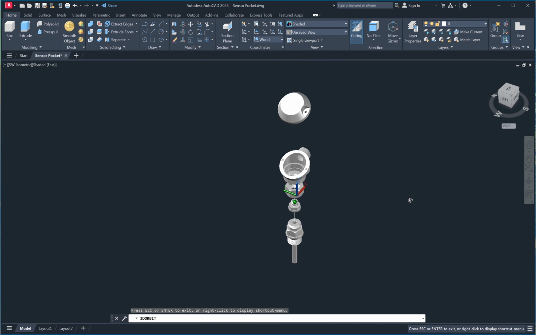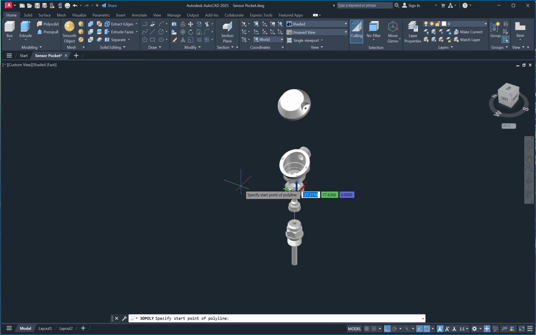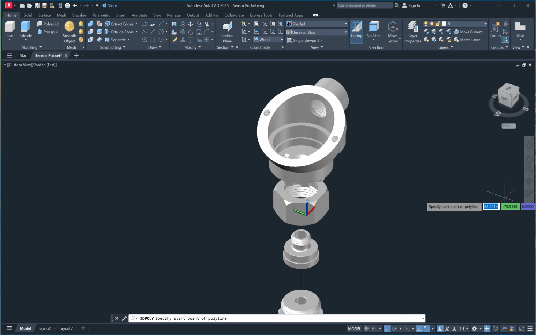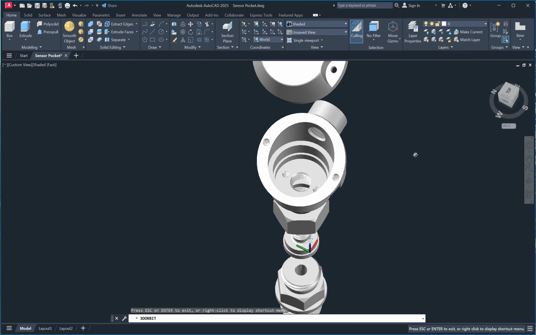And the next I go to 3D polyline, specify start point of the polyline and go to this point. Yeah, and then give 50. Okay, enter.